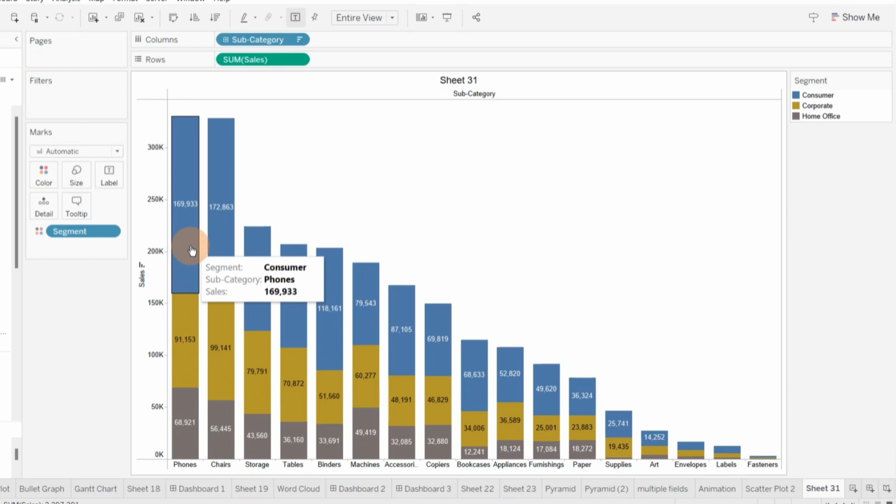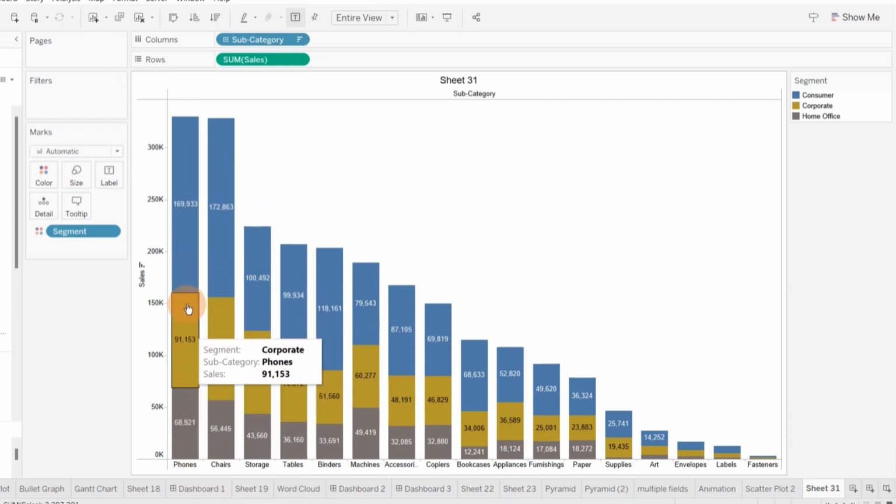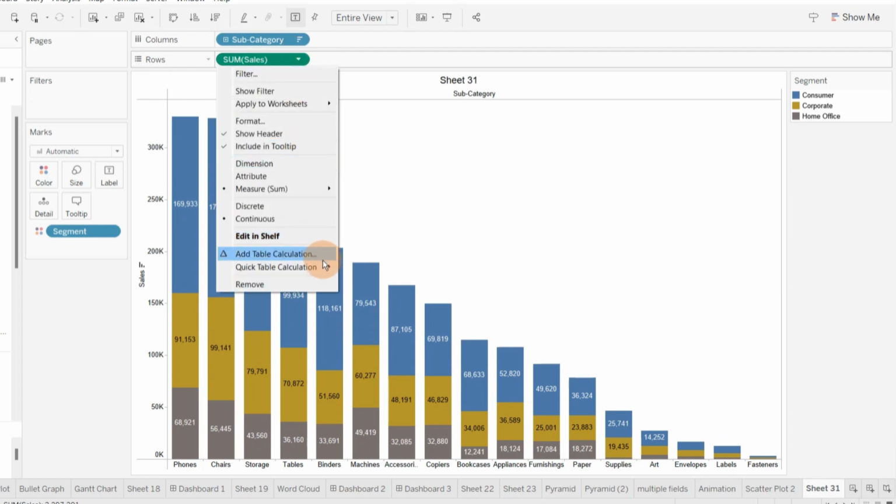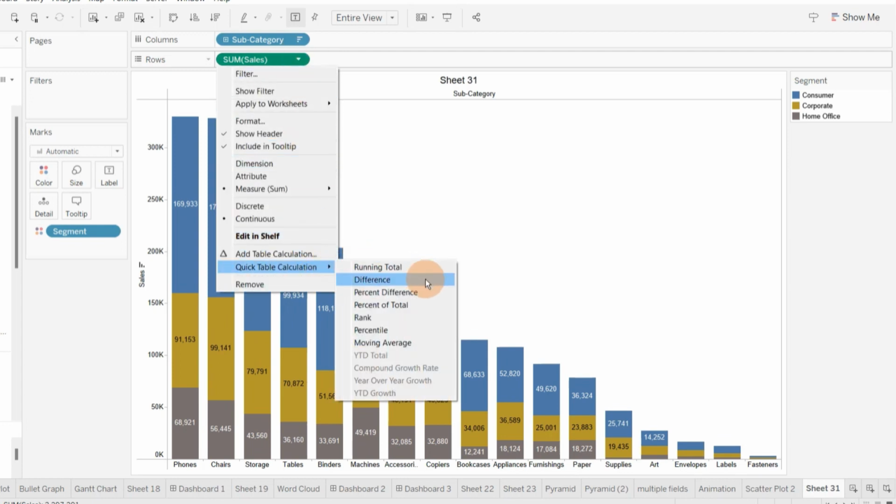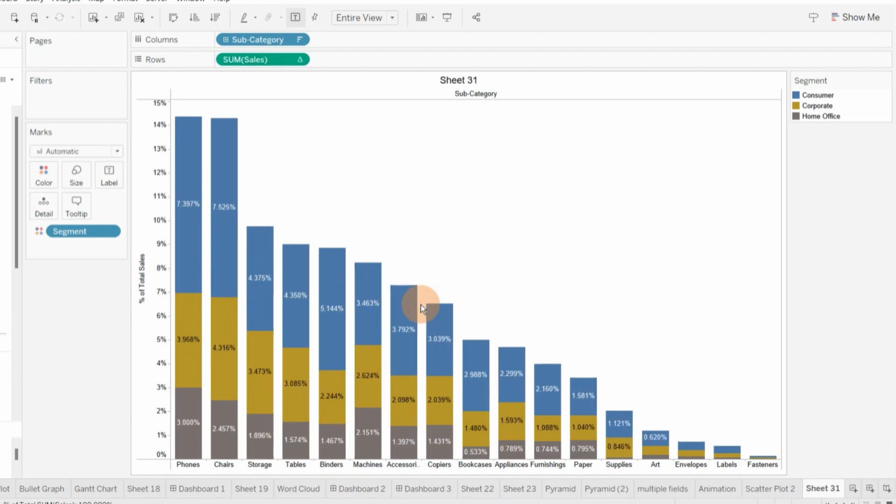So this is a normal stacked bar, but suppose now I want to see my segment contribution percentage in this subcategory. I want to take each individual subcategory as a whole, that is as a 100% bar, and see the percentage division for these different segments. For that, I can go to the drop down of sales, click on quick table calculation, and click on percent of total.